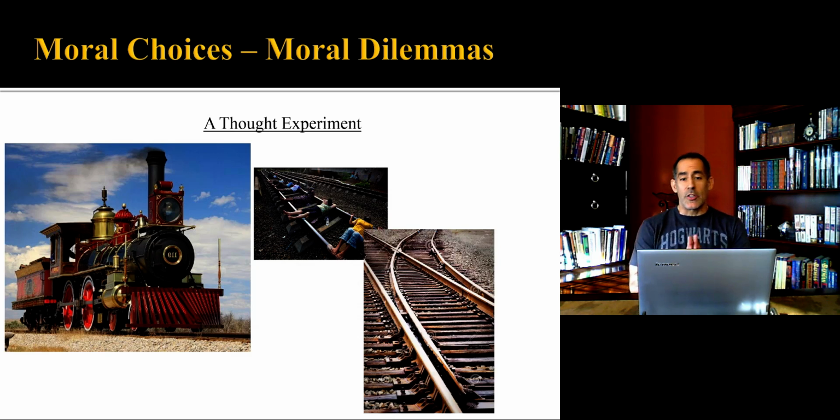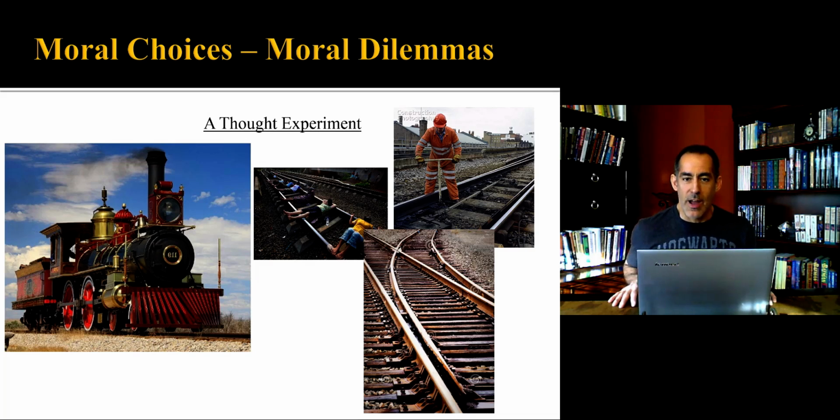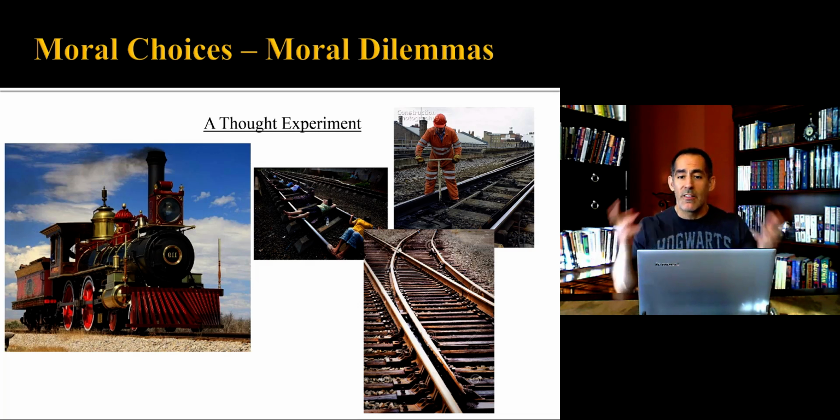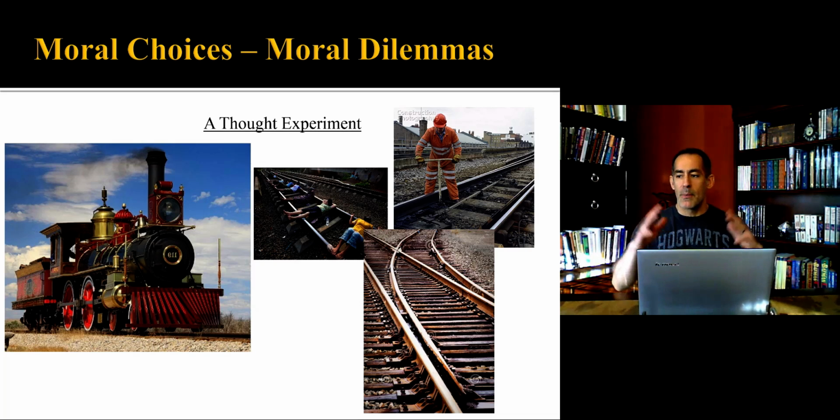Luckily, there is a switch that you can hit which will change the track from the one that you're on and the one you're supposed to be on to another track which is off to the side. The track that you can switch to, however, has an individual who is working on that track. This is a railroad worker. He has every right to be there. He has no idea that his life might be in danger because his track is supposed to be inactive. Perhaps he has headphones on, and perhaps he's facing away from you. Perhaps he doesn't have the sensation where he could feel trembling in the earth to warn him. And if you switch the track, he will be killed.